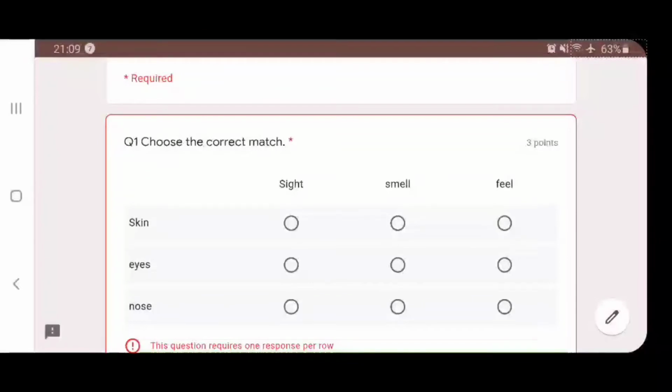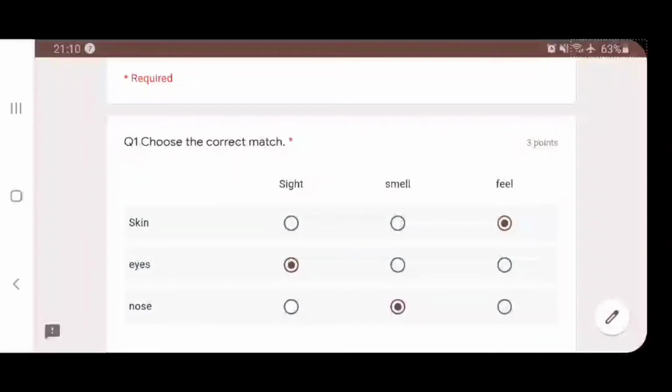Now skin, suppose feel, right? See, it says in the bottom, the question requires one response per row. That means the child can only take only one response. Now eyes, sight and nose would be smell.